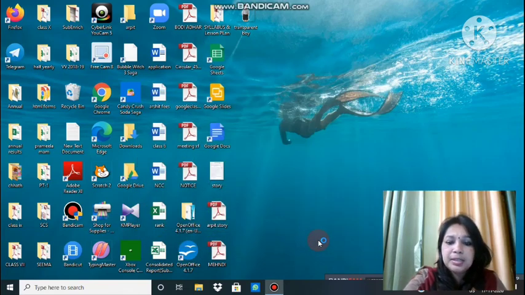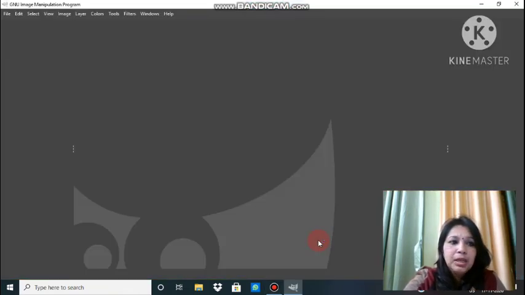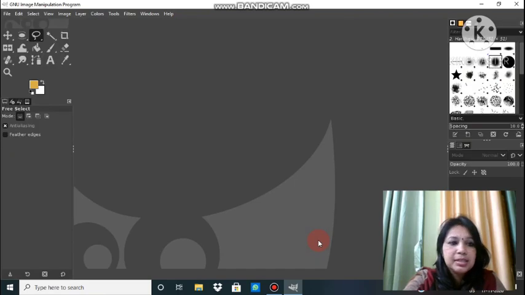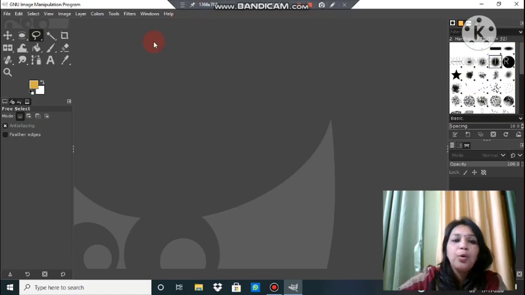So this is the opening screen. It's getting started. This is the first opening screen of GIMP where you will be editing the images. The top bar is known as the title bar, where the name of the open file will be there. This bar is the menu bar, with these toolboxes where all the tools are available in the form of icons. Same tools are available inside these menus also.